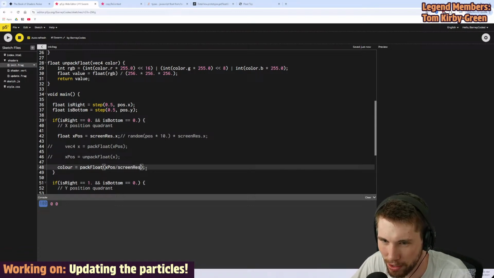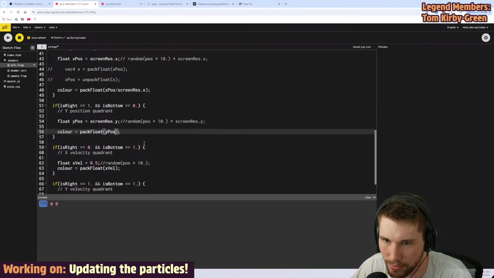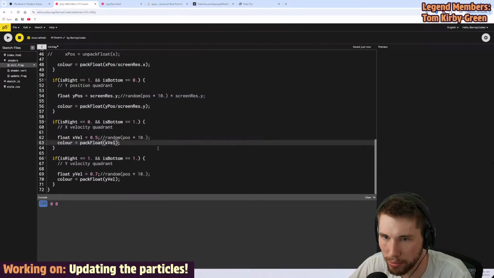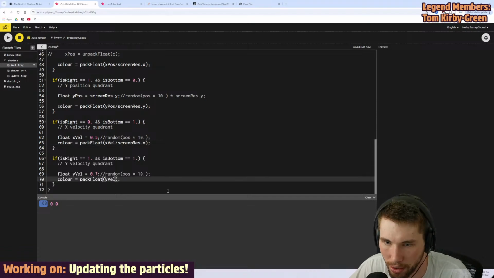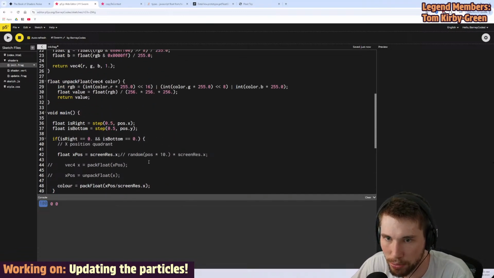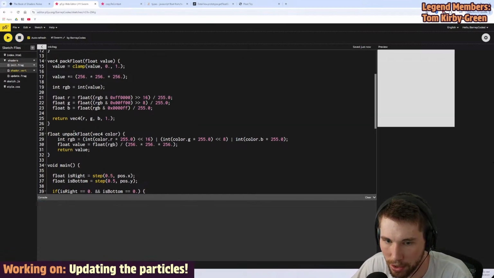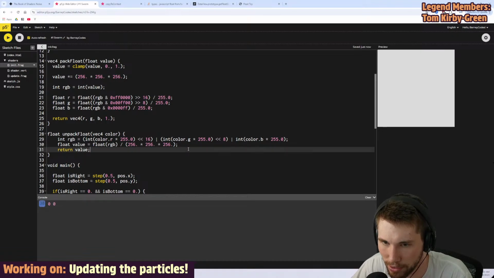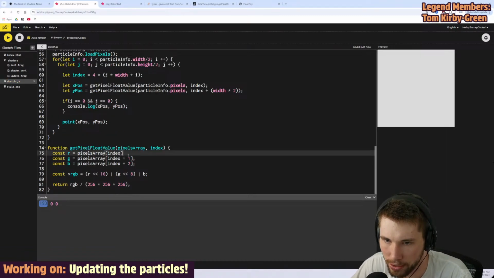Divided by screenres.x, divided by screenres.y. Okay, I'm just gonna normalize everything. Y velocity divided by screenres.y. Okay, so that normalizes the values. So they should be in the 0 to 1 range. So we're still getting zeros. That's okay, I think. And then when we're reading it out,